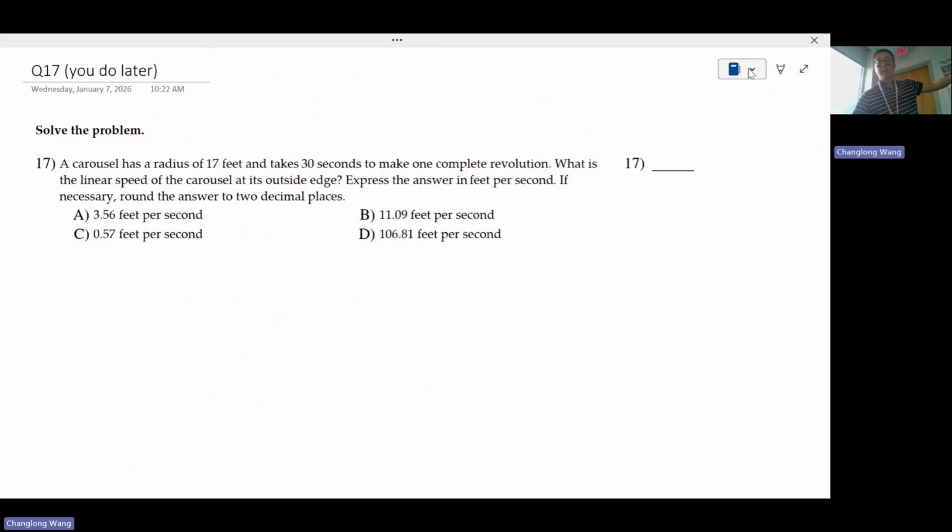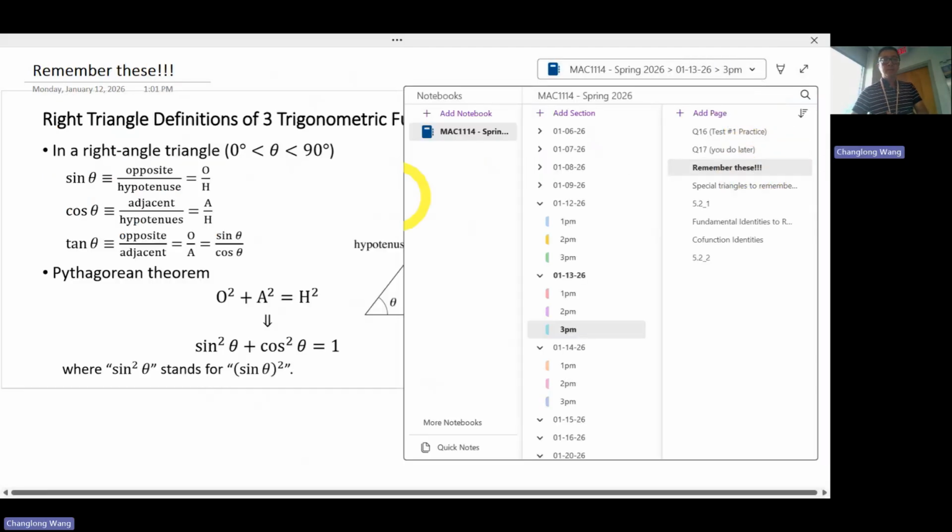I forgot to mention that I suggest all of you try number 17 later, whenever you get a chance, since you just saw a complete work for a similar problem. Give it a try since you're going to have to work on it anyway before you come to the quiz, right? Work it out, or if you have issues, get it resolved by coming to my office hour as soon as possible. I'm not going to go over that in class because it's pretty much the same as the one you just saw. All right, now,